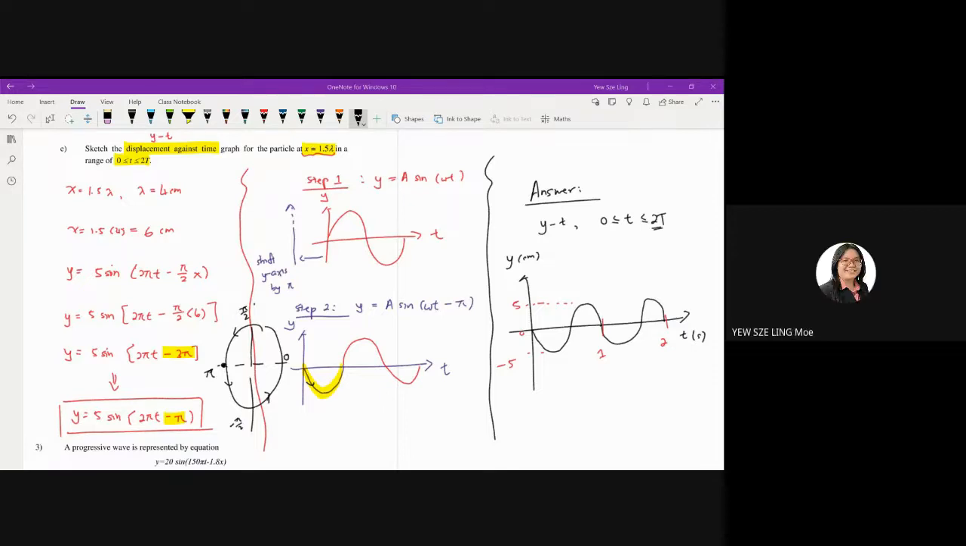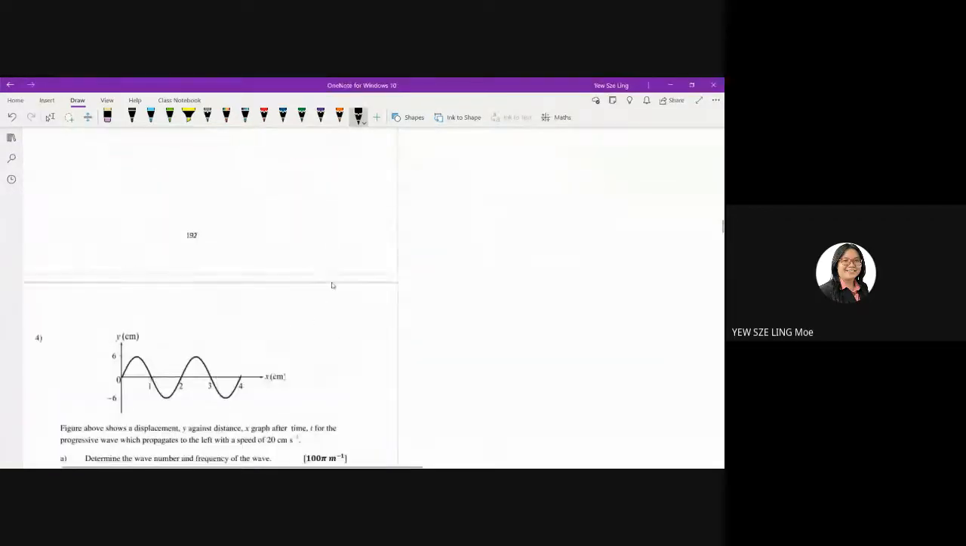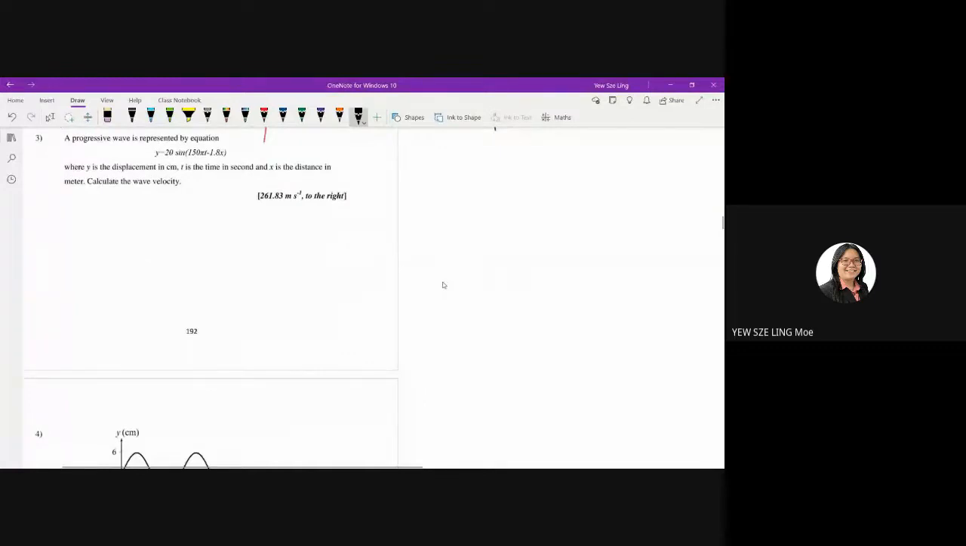Okay, so let's look at questions 3 and 4. Just very short and simple questions. The main focus today will be questions 1 and 2. Question 1 teaches you how to interpret the equations, and question 2 teaches you how to sketch a graph for different situations. So now question number 3: a progressive wave is represented by the equation y equals 20 sine 150